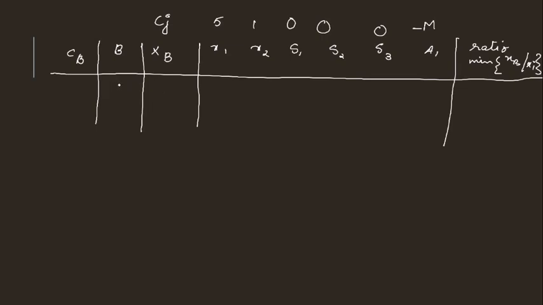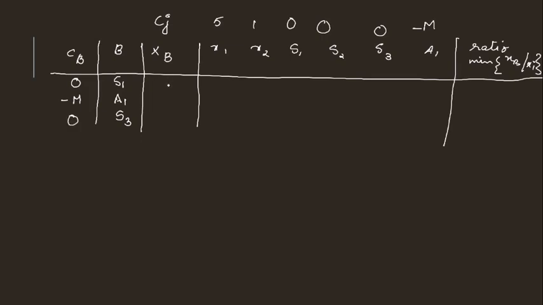So I'm going to enter some basic variables over here. Now here what I'm going to do is I'm going to enter S1. I just want to get rid of these things. S1, there are 3 constraints. So S1, then the artificial variable, I'm going to consider the artificial variable A1 from the second constraint, not S2, because the first thing I want to get rid of is the artificial variable. Then finally the slack and surplus variables one by one, and from the third constraint it is S3. So what is the CB over here?